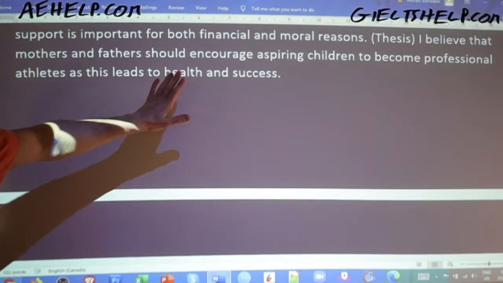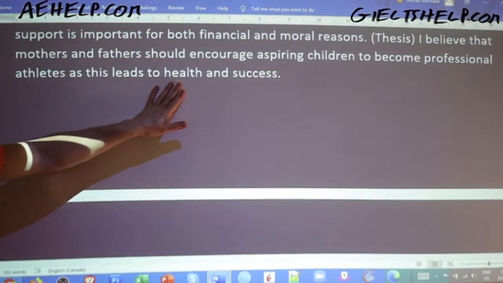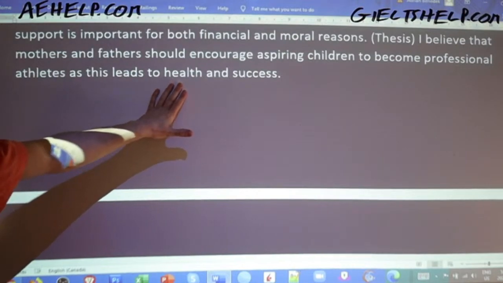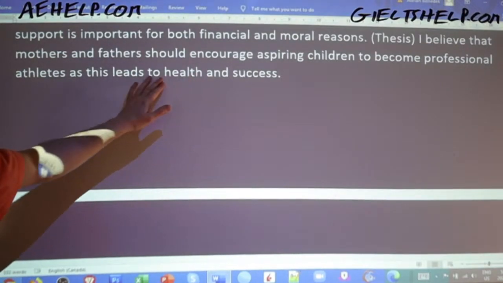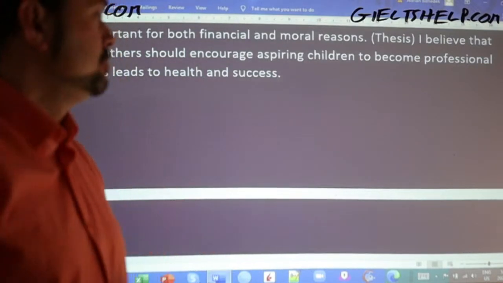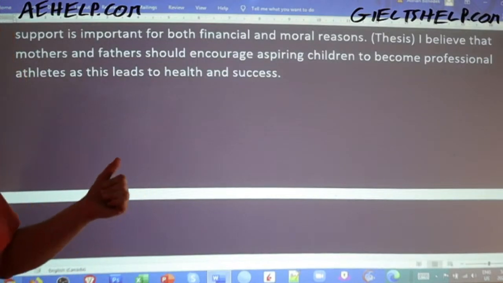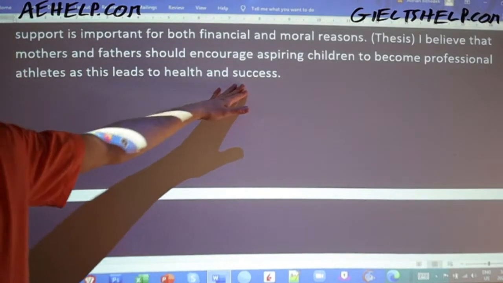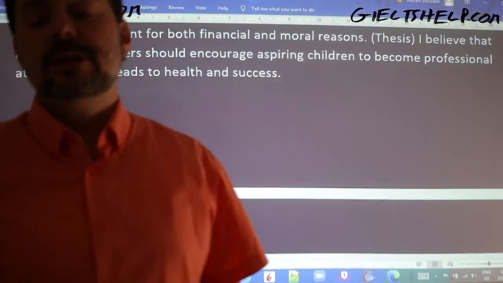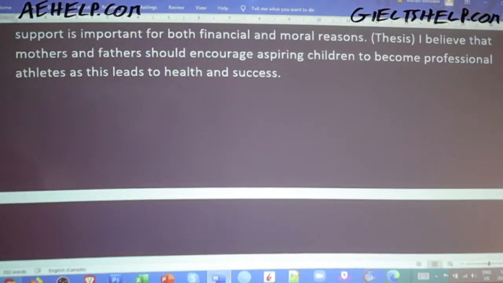So here, the first paragraph is clearly about the importance of supporting youth who want to be career athletes for health reasons, okay? So to be healthy individuals in life. And it's clear for the reader that the second paragraph will focus on success. So the same idea, supporting students will lead to success. All right, so body paragraph 1, body paragraph 2.